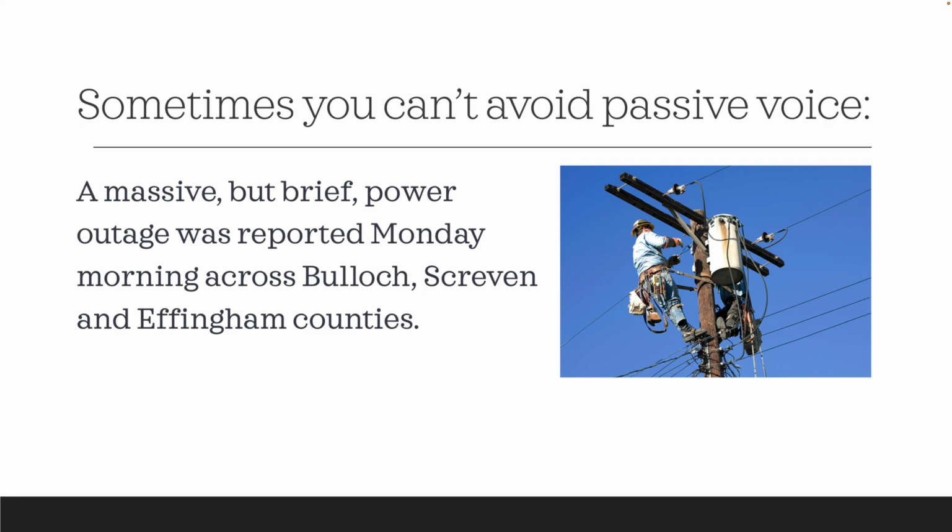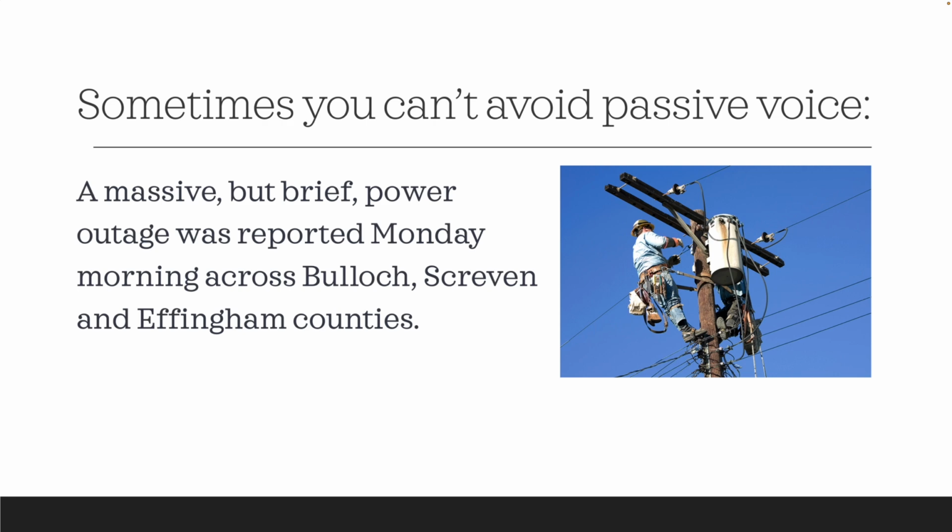Now, like I said, you can't always use passive voice. It's not always the best choice. In this example, a massive but brief power outage was reported Monday morning across Bullock, Screven, and Effingham counties. So here, outage was reported. We can tell that's passive. There's not something active that someone's doing, not an action and a subject here, or a verb and a subject here. But if we make it active, because we could, if we knew who was reporting this, we could say